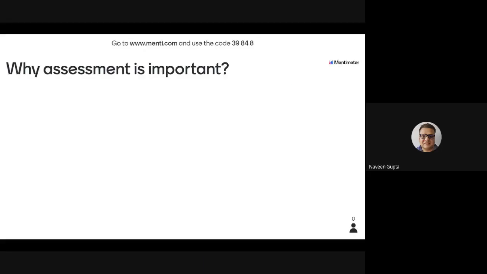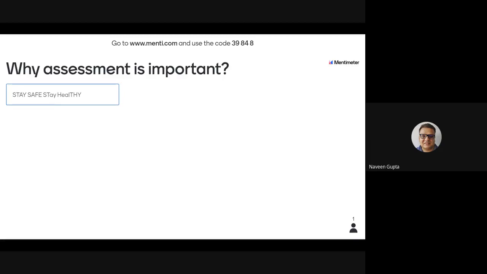Next question is, why is assessment important? You can write any line. Again, same code. When you are on the screen, it changes to the next screen. Now the question is why assessment is important. Now you can write a complete sentence or your 2 words, stay safe and healthy. Somebody has written it. It's not a word cloud now.